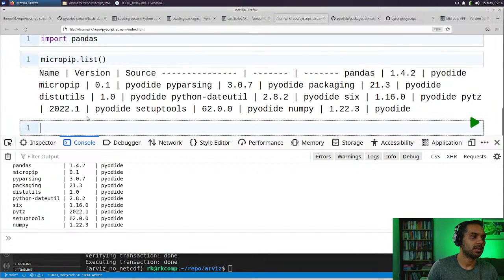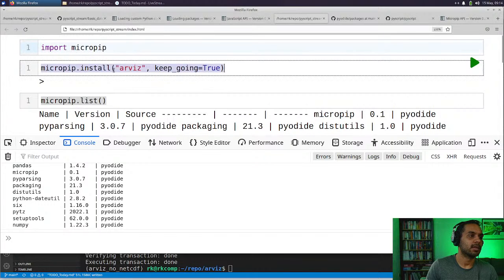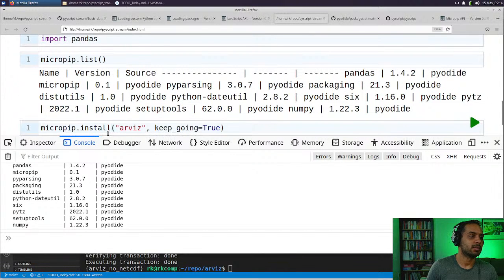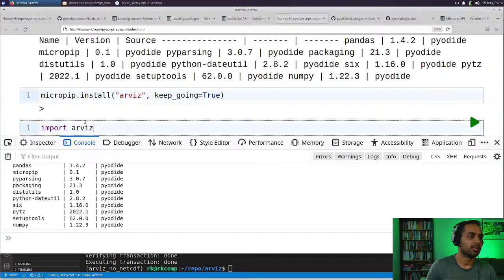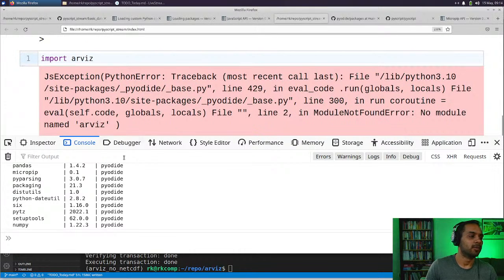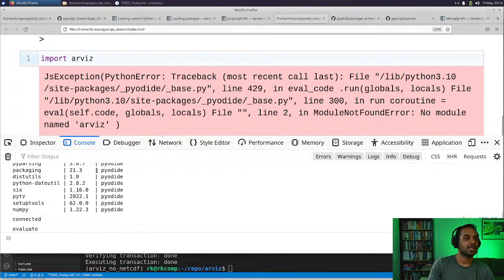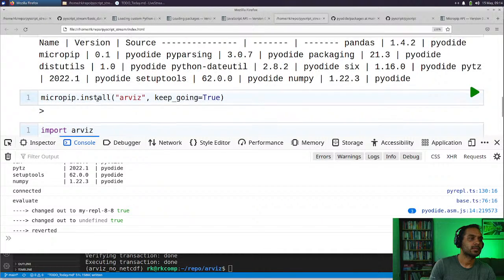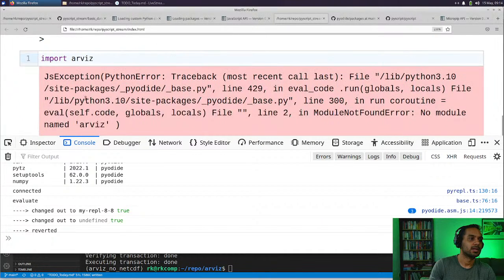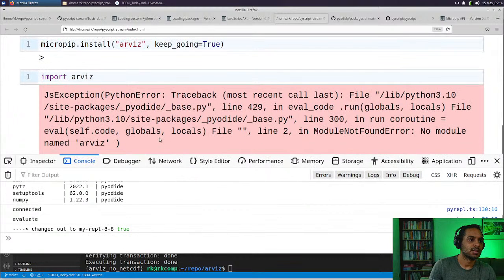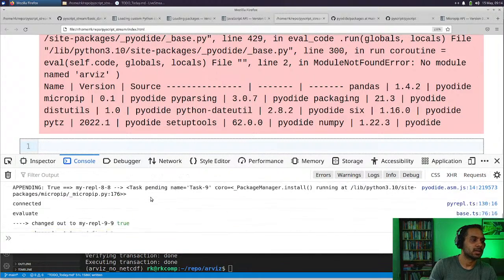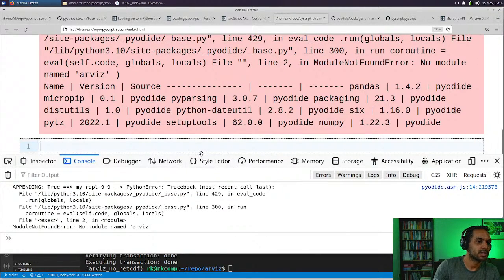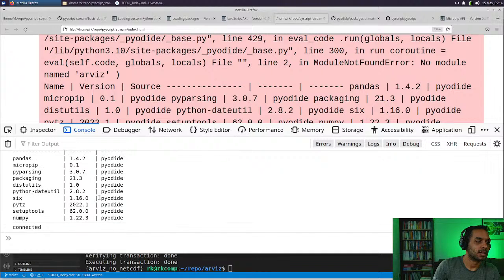Okay, so maybe I needed to try micropip install ArviZ, import ArviZ. No, no dice. So micropip list. The outputs are a little annoying, but that's okay. Don't have ArviZ. Okay. So what I'm going to do, because I can't seem to get it to work this way,